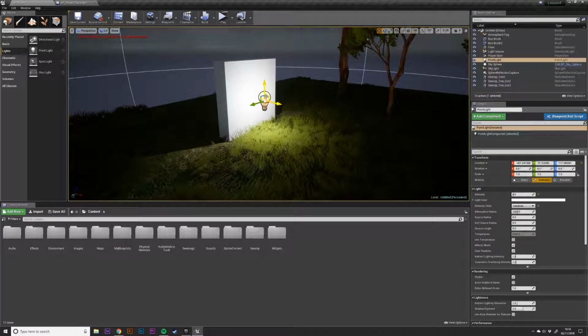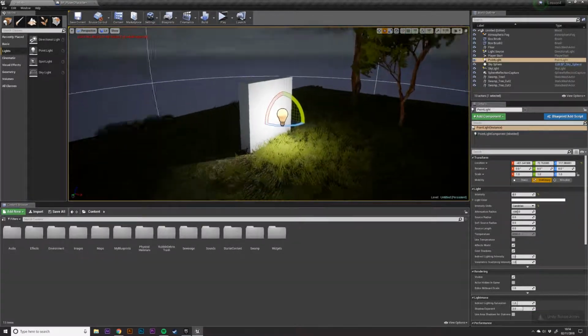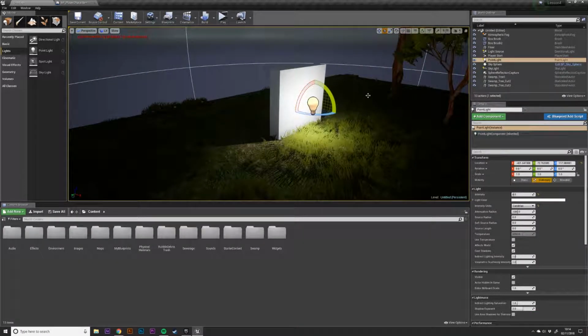Because it's completely omnidirectional, you'll notice if I rotate this object, it has no impact on the lighting because it's casting light in every direction equally. So now that I've added my point light, let's have a look at some of the options that we can change. So with the light selected, in the Light tab, there's a few things that we can adjust, such as